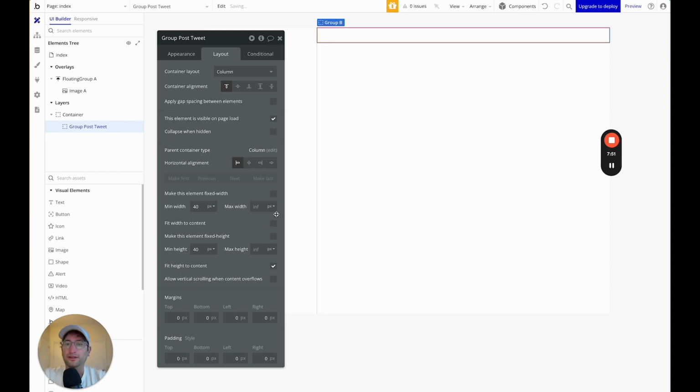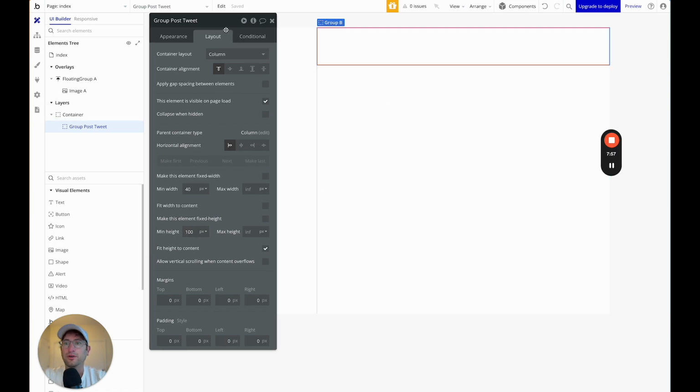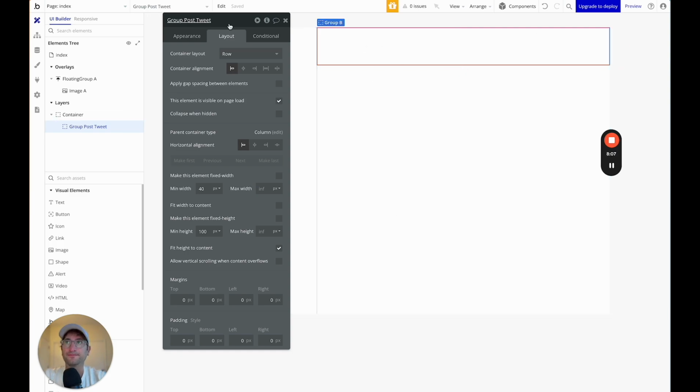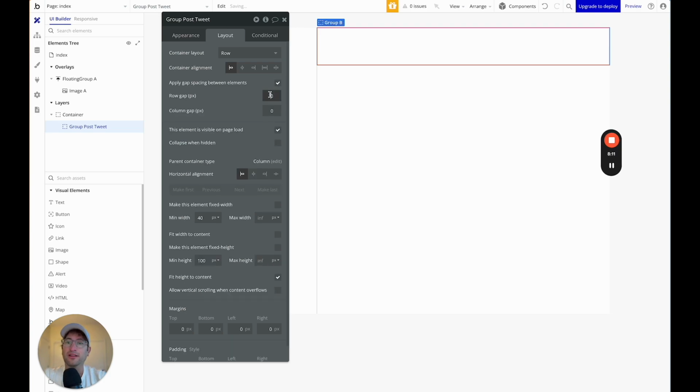Let's uncheck fixed width, min height, let's say 100 for now. We're going to make this a row, and you'll see why. This basically allows us to have elements in here side by side instead of stacked on top of each other. We're going to apply gap spacing between elements. I'm going to say right now 15 between each one, which is going to just add spacing between the elements that we put on this